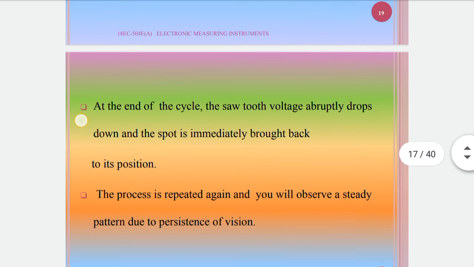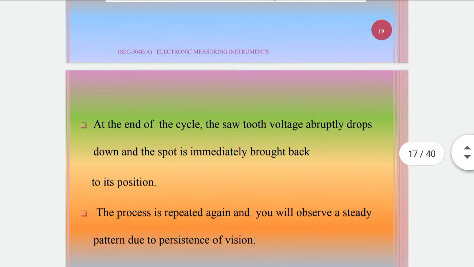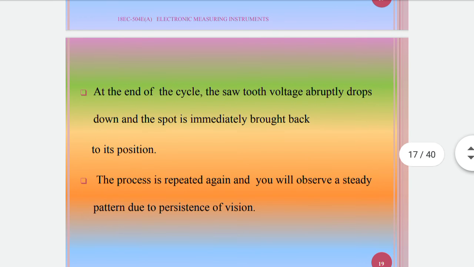So, at the end of the cycle, the sweep voltage abruptly, that means suddenly, drops down and the spot is immediately transferred to its original position. The process is then repeated again, with the result that a stationary image is on the screen. For the case shown, the frequency of the input voltage is twice that of the sweep voltage. To observe more than one cycle of the input voltage, the sweep voltage frequency has to be a submultiple of the